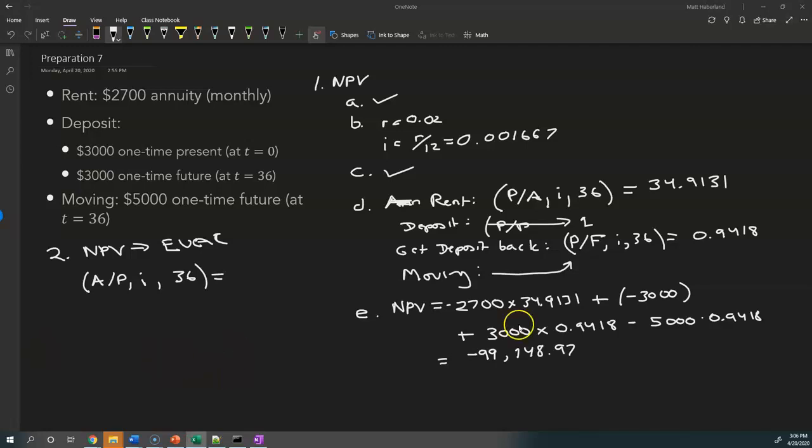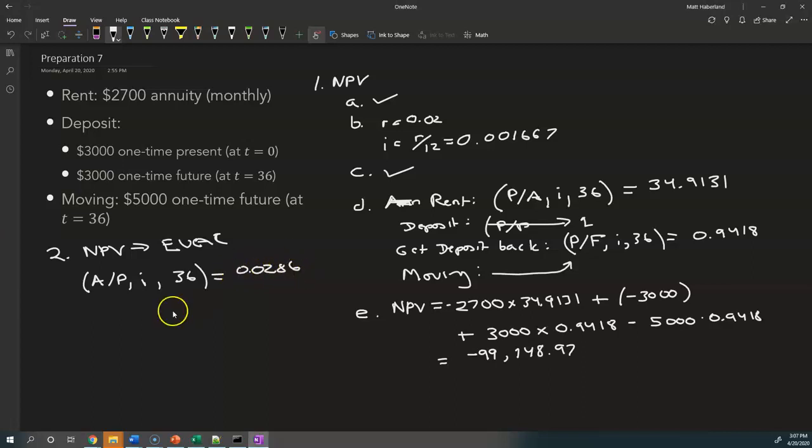Or actually, think about it, we had the P over A for 36 months, right? 34.9131. We can just do 1 divided by that. It's the reciprocal of that. If you have the P over A, then the A over P has got to be the reciprocal of that. But we can also look it up in our table. That's